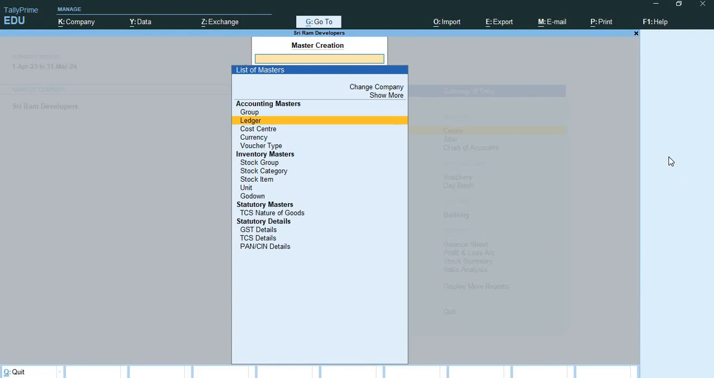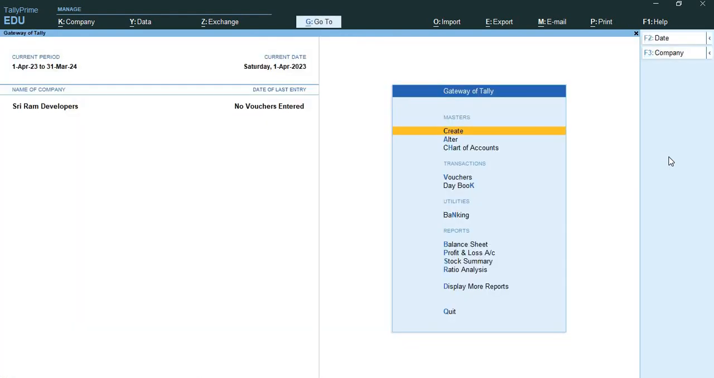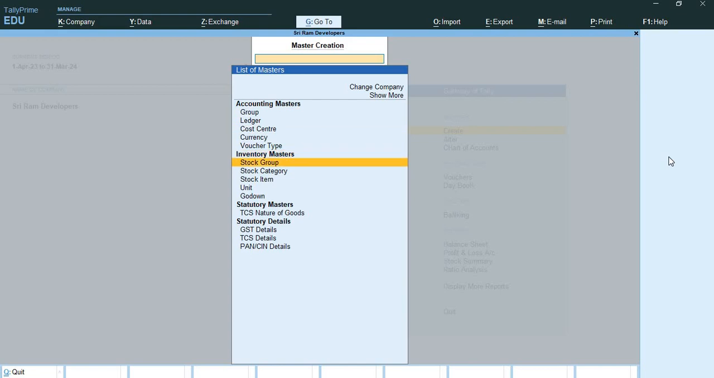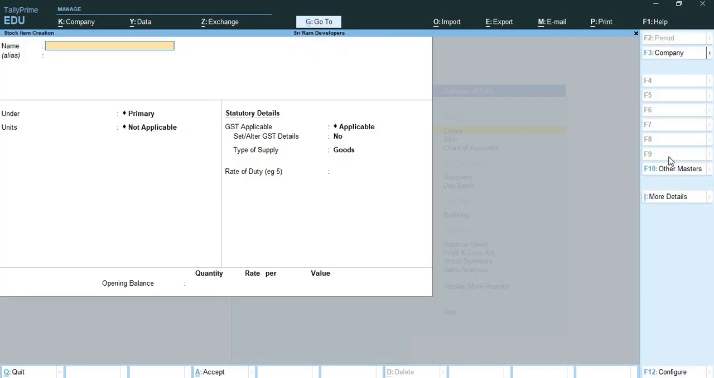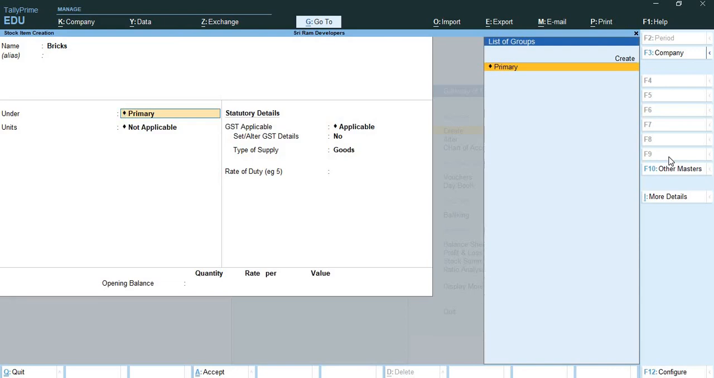Here I will create stock items for job costing. Alright, so I am purchasing iron, cement and bricks. So these three items I am purchasing from Jagat supplier. So for this I'll go back. We'll go to create and we'll create stock item. Number one is bricks. Bricks I will create